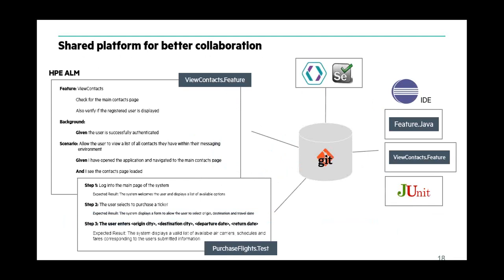Again, one of the more interesting things is the fact that as we begin to move toward this higher level of agility, teams begin to become closer. Teams may even want to share tools. In order to shorten the amount of time it takes to evolve a lot of these assets, our platform is leveraging Git effectively as the back-end architecture, and it could potentially be the same Git that the development team could be referencing within the IDE. And so what we're seeing here is just an example of a test, maybe stored as a text file. Maybe it's a Gherkin,